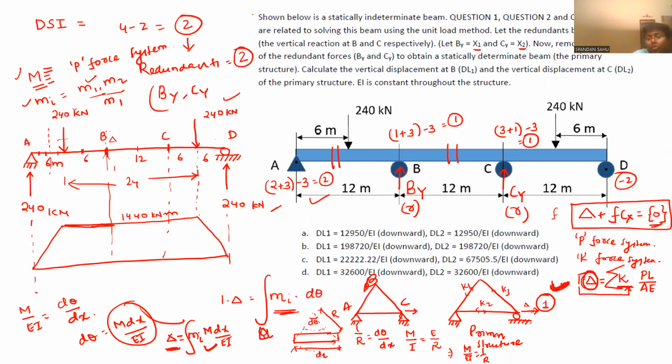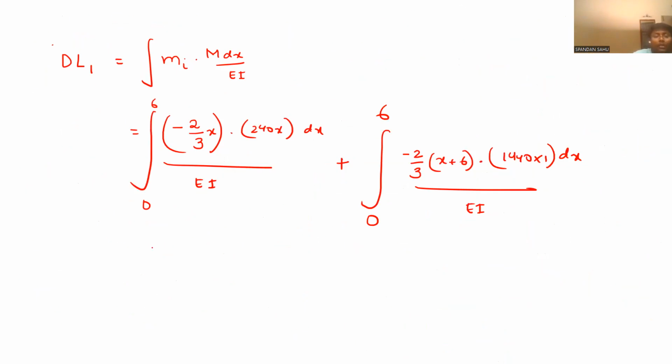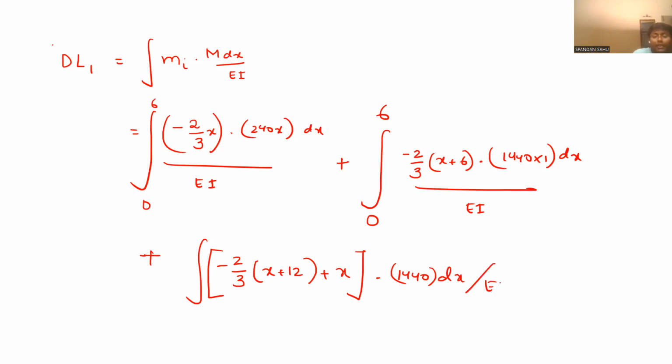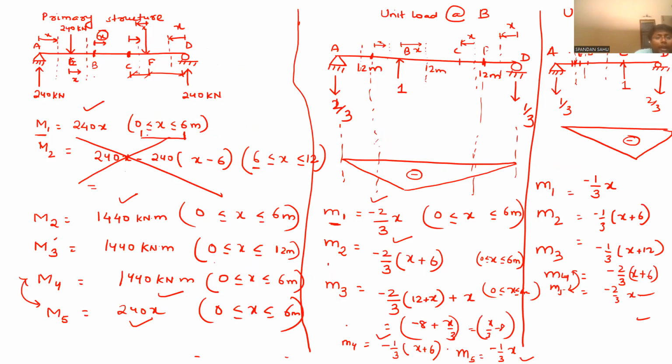That is from E to B. Now, again, integration: minus 2/3 of x plus 12 plus x into 1440 dx by EI, and this will be integrated from A to E is done, E to B is done, now